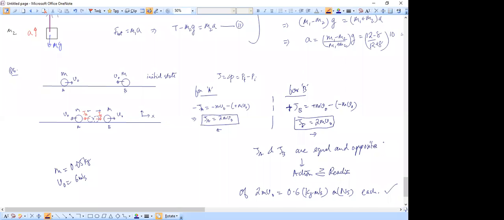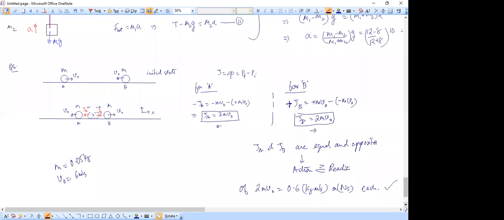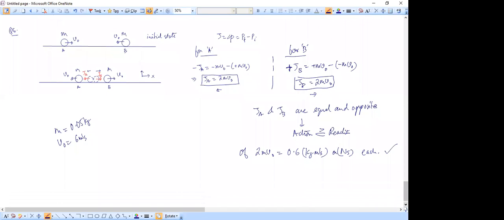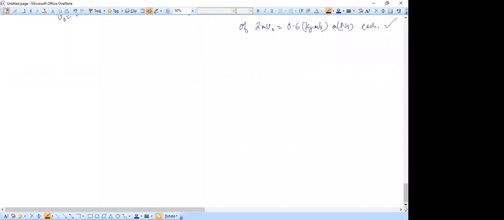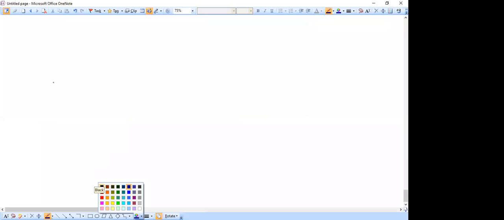Okay, so let us look at another question involving a pulley-based system. As I told you, that's going to become very important in future for us. So next example, what we have is